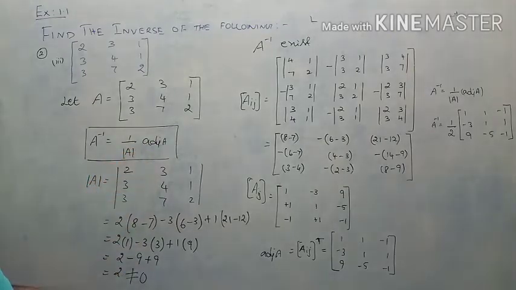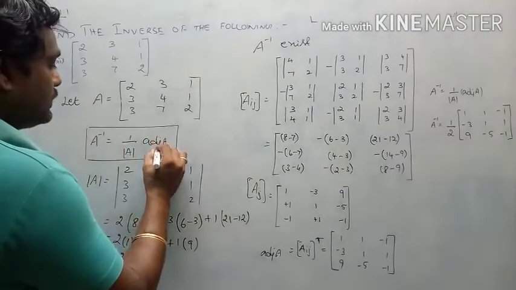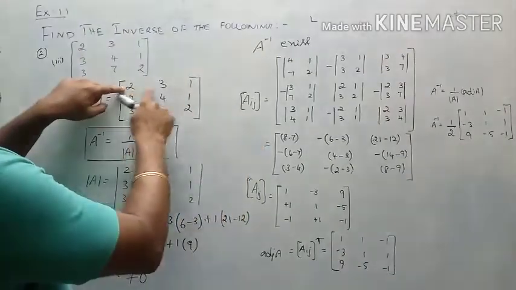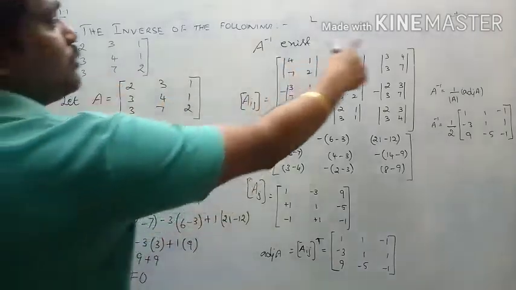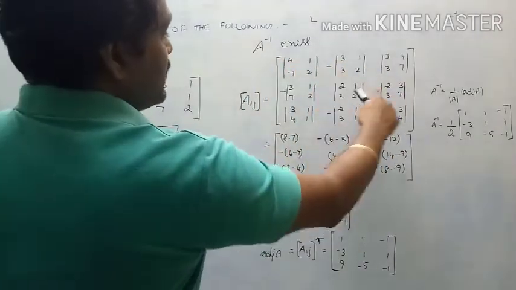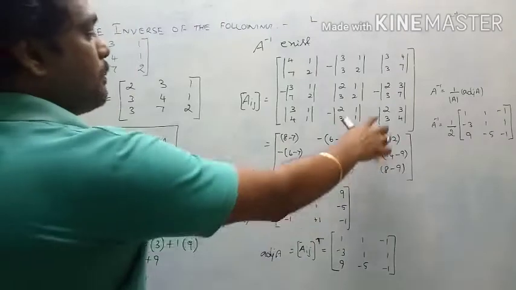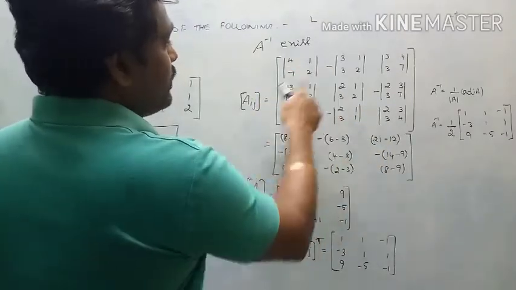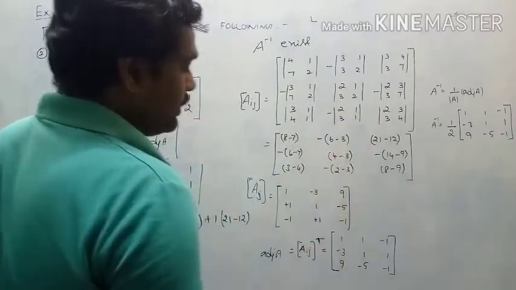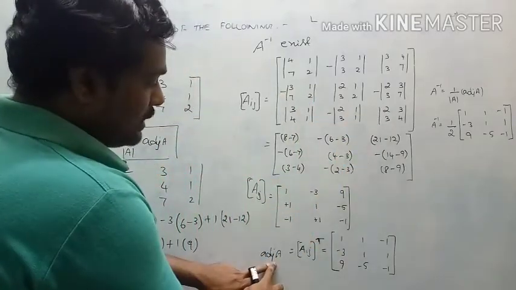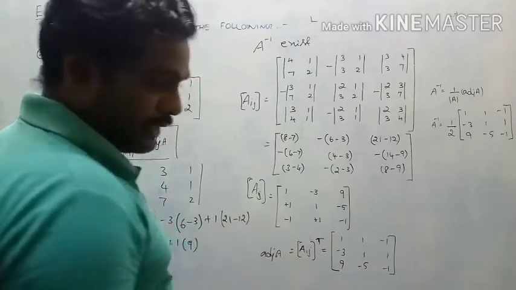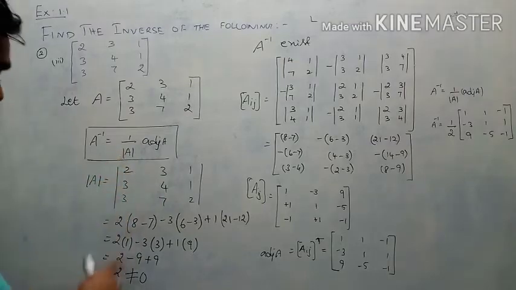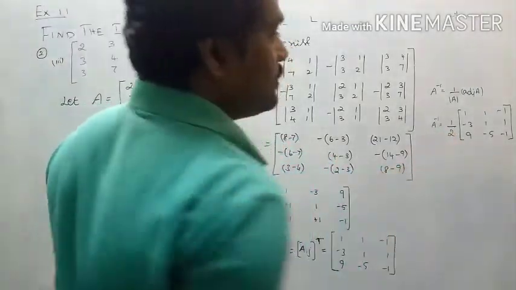For adjoint A, we want to find out the cofactor matrix. Cofactor matrix Aij. For each element just leave the respective row and column. The remaining 2 by 2 will come, followed by plus minus plus minus plus minus plus minus plus. And here expand each 2 by 2. Don't forget about this minus outside. Okay. Simplify. For finding adjoint A, take the transpose of the cofactor matrix. A inverse formula is 1 by determinant A into adjoint A. Just replace determinant A value and adjoint A. This is the final answer.